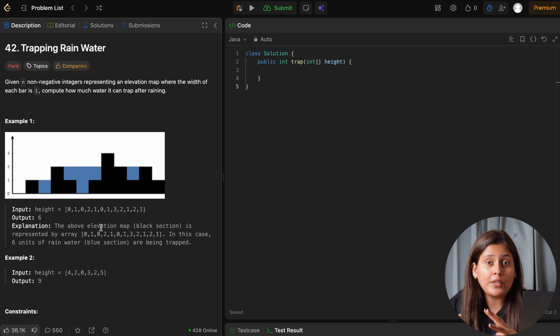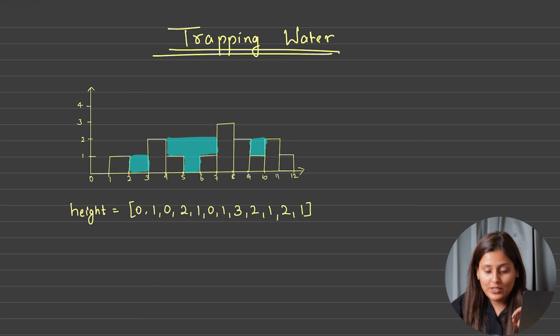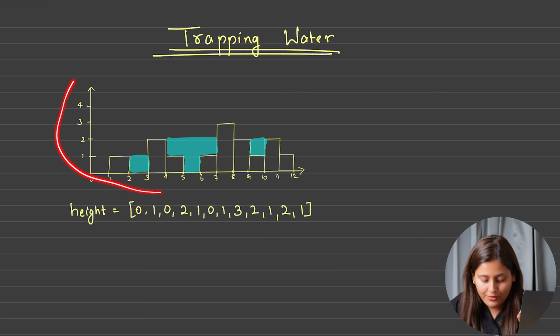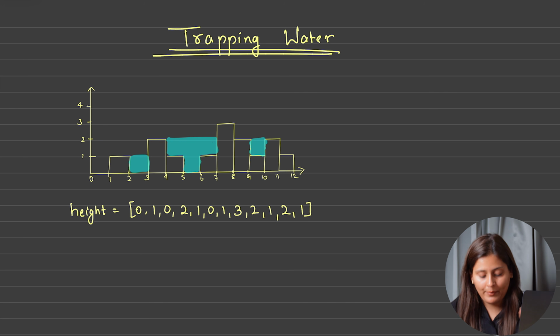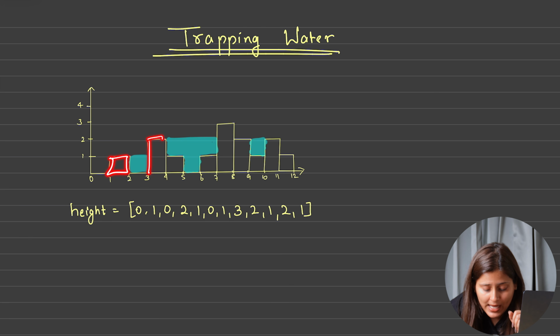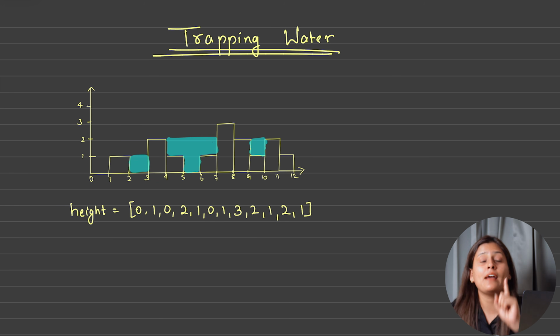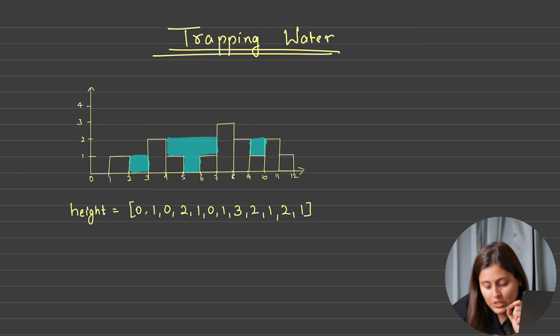So the question tells you that there will be multiple blocks, and your task is to trap water and say how much area of water has been occupied in between. So let's come on to the screen, and here is the input array you have been given. And this is how the heights will be represented in the graph format. So the very first index height is 0, second height is 1, third is again 0, and fourth is 2. So you can see in between this block of height 1 and height 2, you can trap the water for area 1 cross 1. And every block is of width 1.